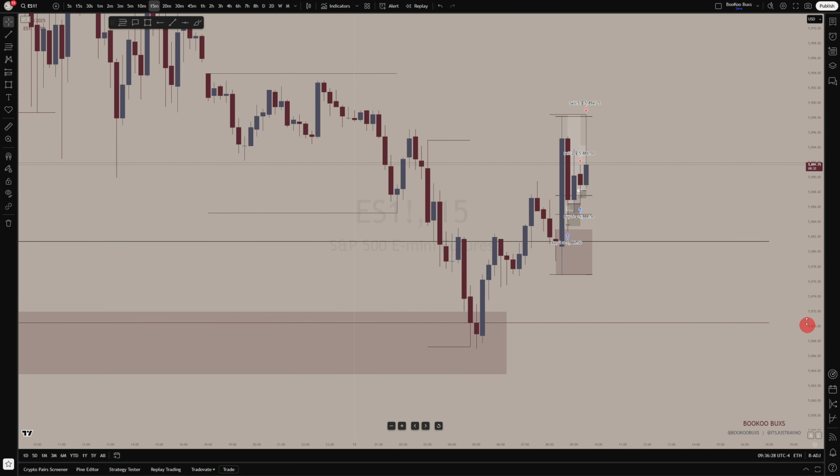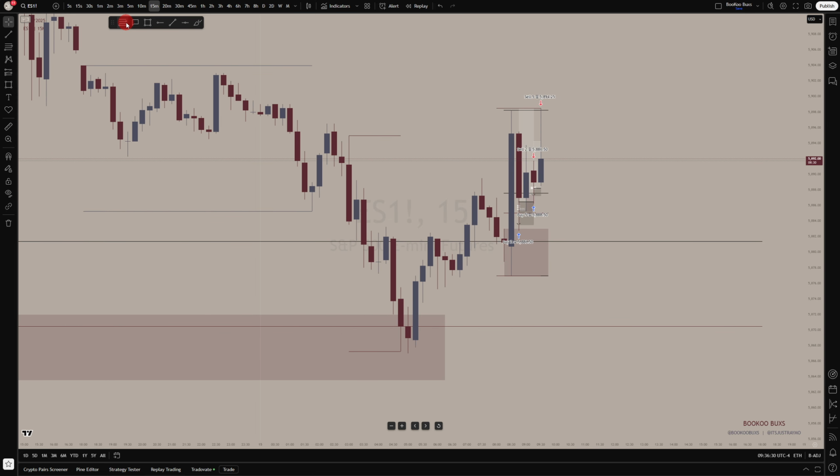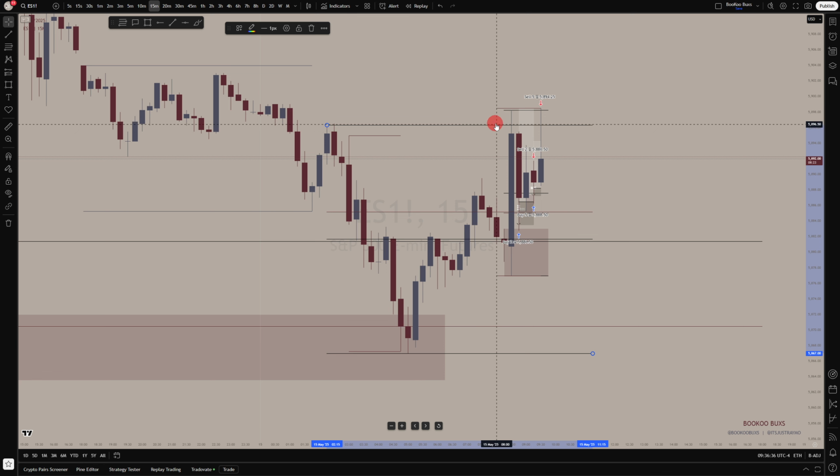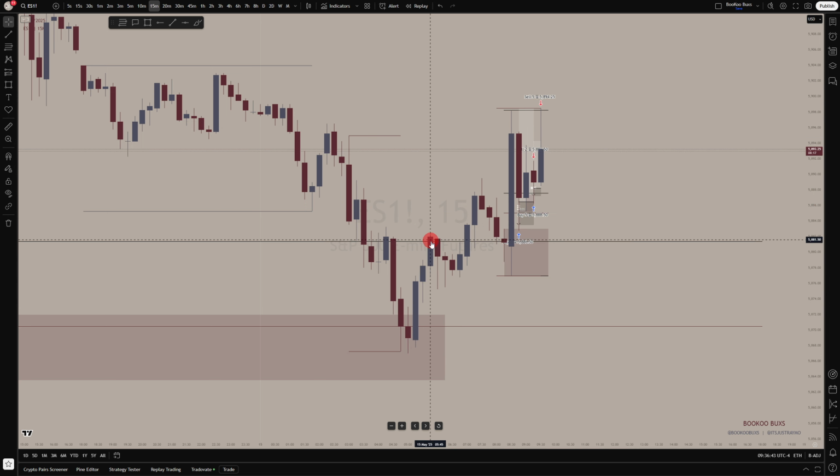Now from here, the 15-minute is still technically bearish as price was maintaining bearish structure. Actually, I take that back because price actually broke above this 15-minute high. I don't think I actually noticed that in the beginning. But I did notice that price was starting to make these new 15-minute higher highs and higher lows. Again, these aren't technically structure points until price broke above here, but I was noticing that the 15-minute was showing